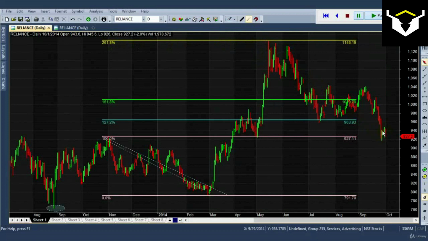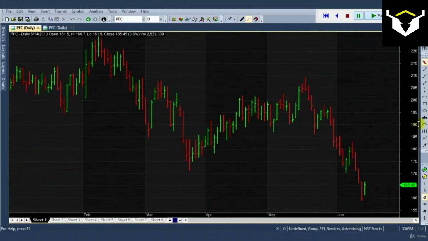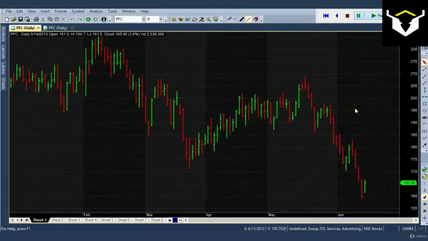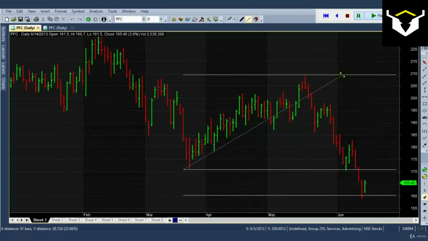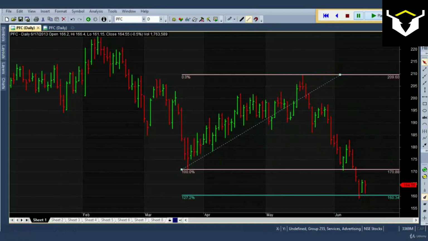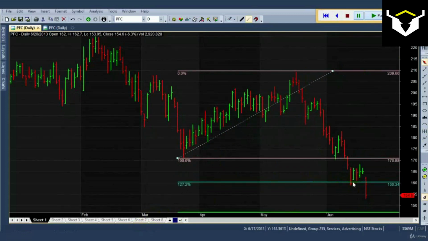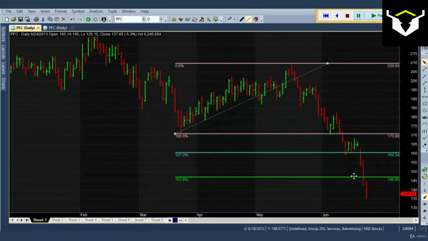So our next example is the PFC daily chart, and as of the last bar you can see prices have broken down to a new low, breaking below the level of 170. I'll plot an extension ratio to see how far prices will go before terminating this downtrend. At some bars prices have found minor resistance and broken down to a new low. Prices straight away broke below 161%,